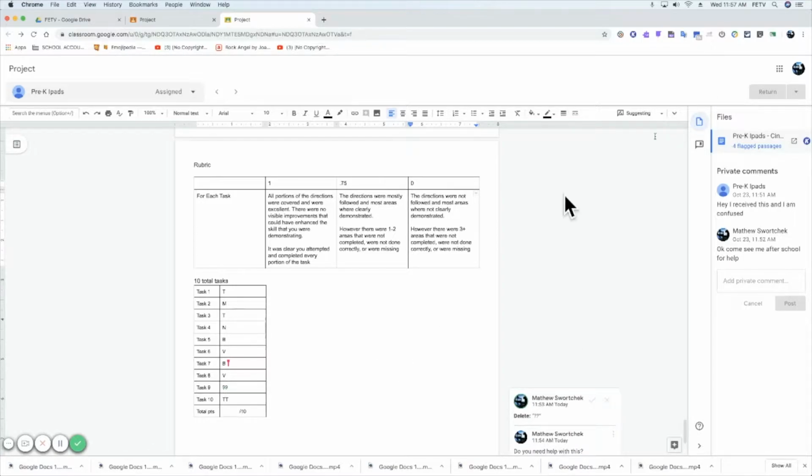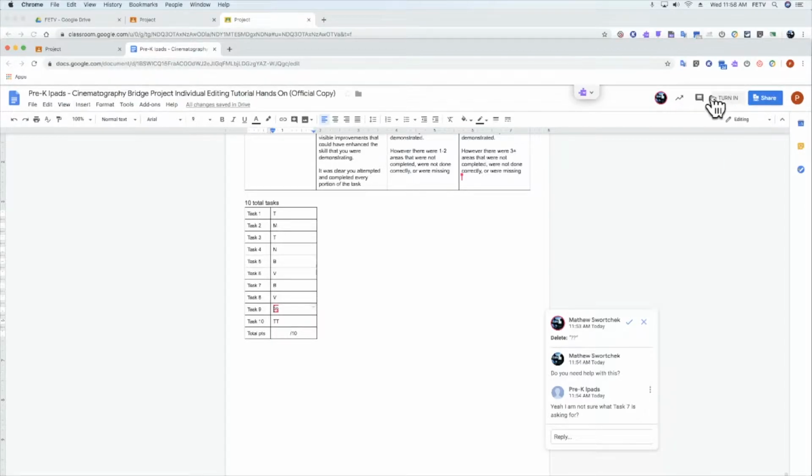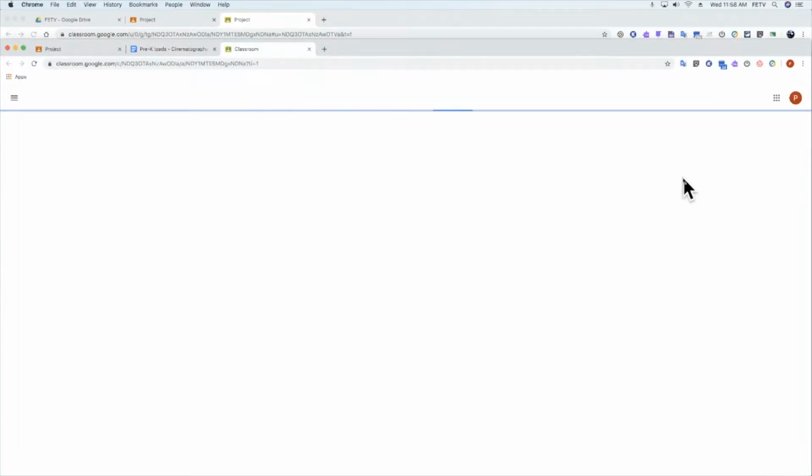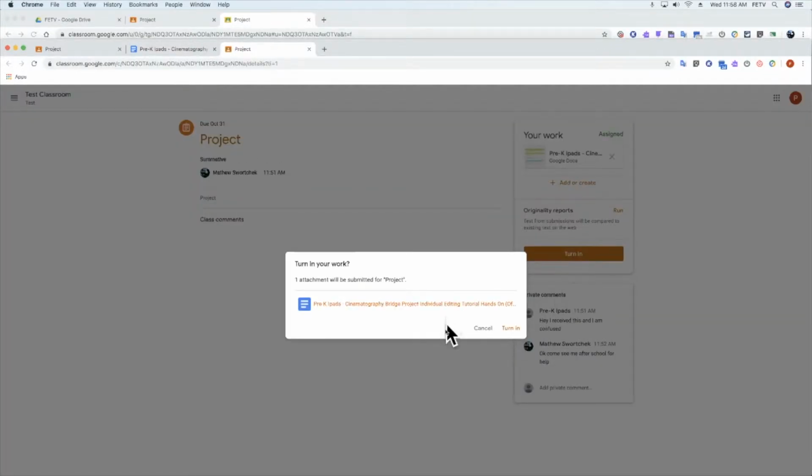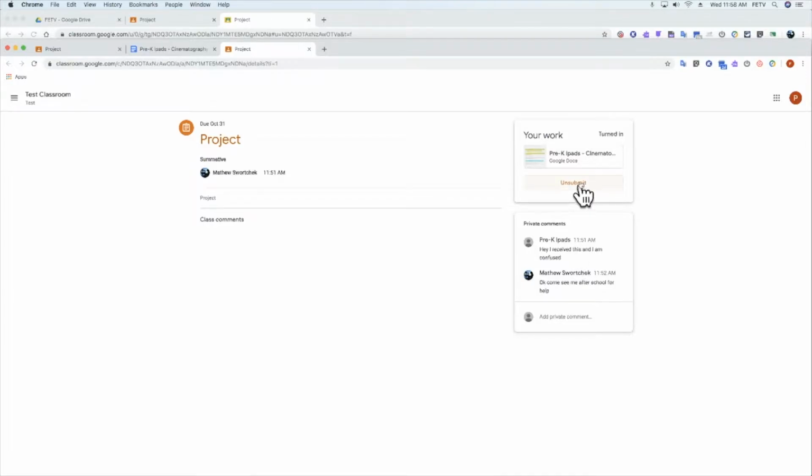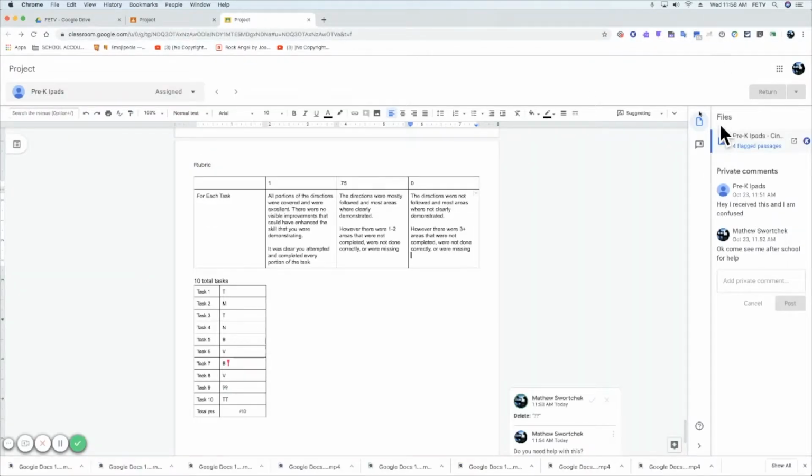And when the student is ready and is done, the student would simply turn in their work. They would see it turned in. So this would flip over here to turned in. They can pull it back if they need. They can still make private comments. On your side,